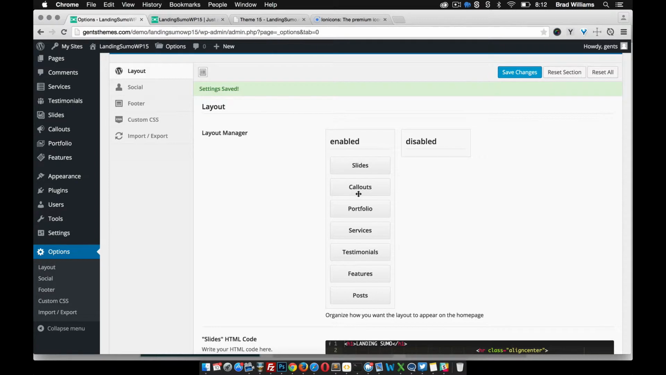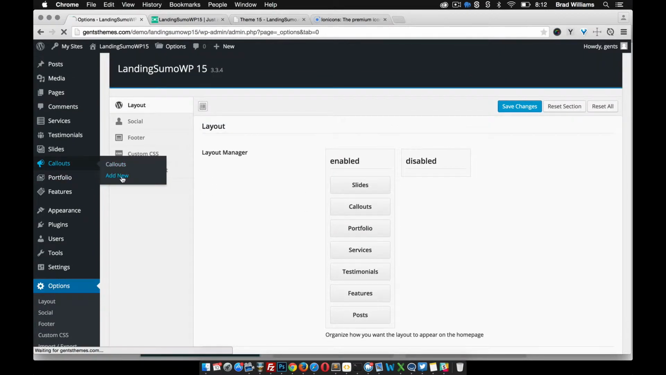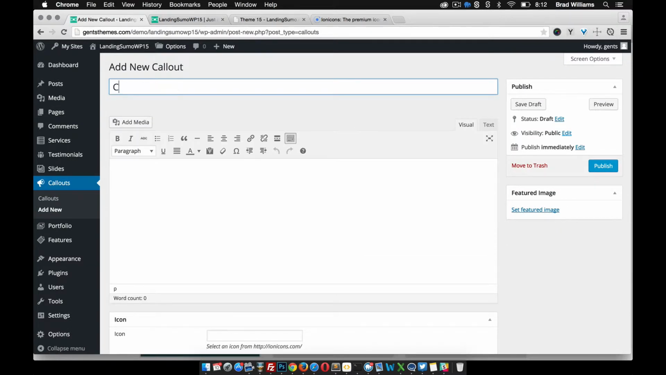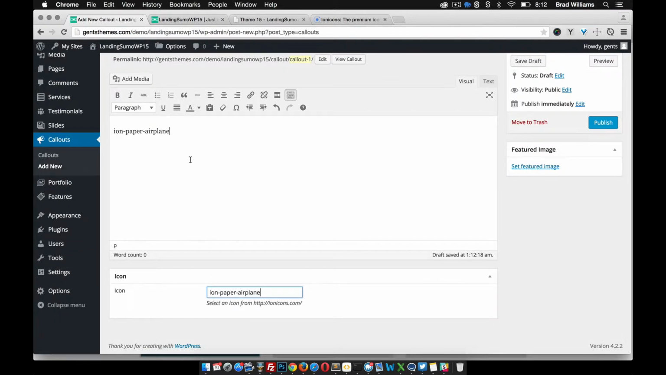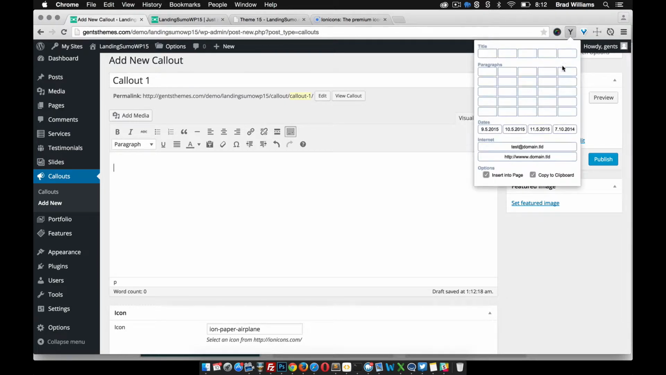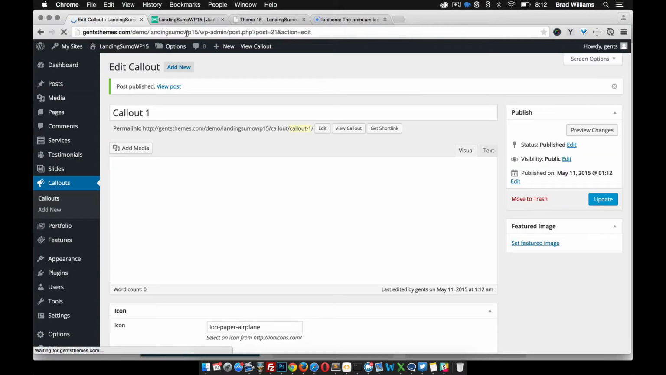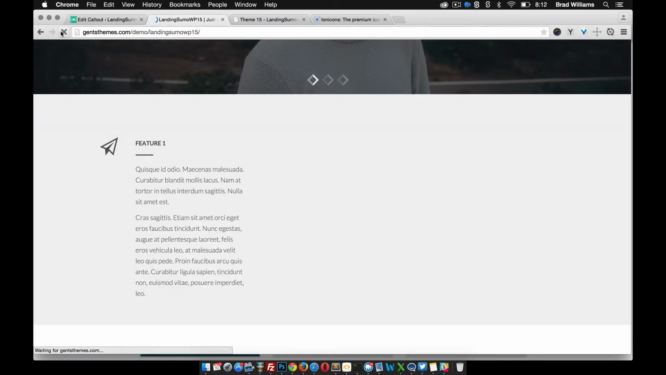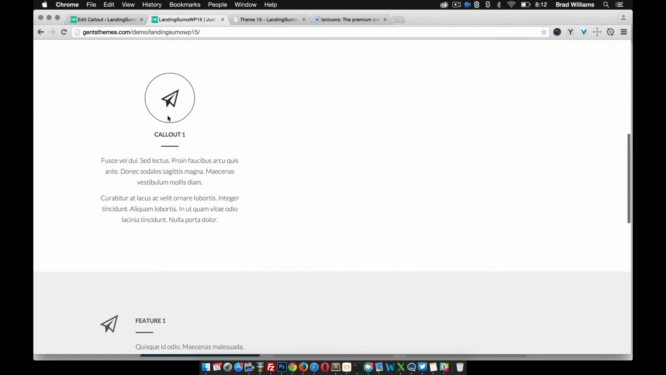So let's set up the callout section. Just like we just did, we'll add a new callout. Callout 1, put in some content. We'll set an icon, whatever icon we want, just like we did just a second ago. Put some filler content in here. Publish. And then now if you reload the front end of the site, you'll see that we have this callout